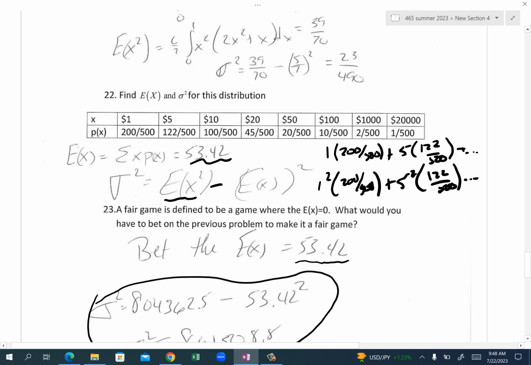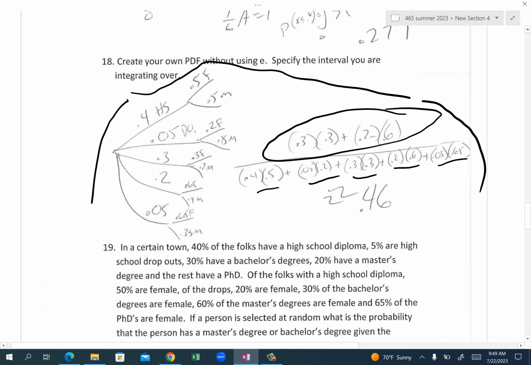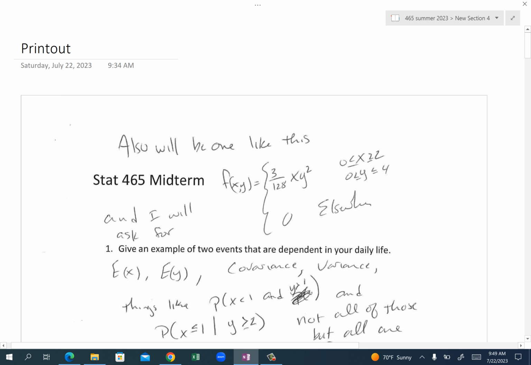You want to play a game where the expected value is negative, that is, you expect to lose over time, because when you win, you're happy. Nobody wants to play a game where you win all the time. It's boring. Well, first of all, no one's ever going to let you do that, unless you're a little child. The fact that you break even, no one wants that. The idea is you want to overcome, right? Oh, I'm the underdog. And then I overcame and I won. The crowd goes wild. That'd be cool. But no one wants to play a game with an expected value of 0. That is a fair game. No one wants to do that one.